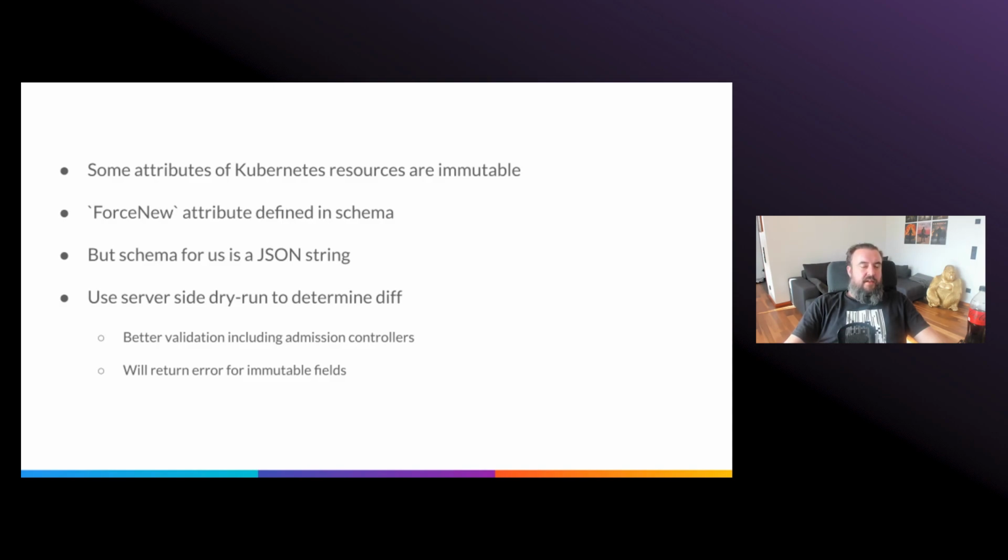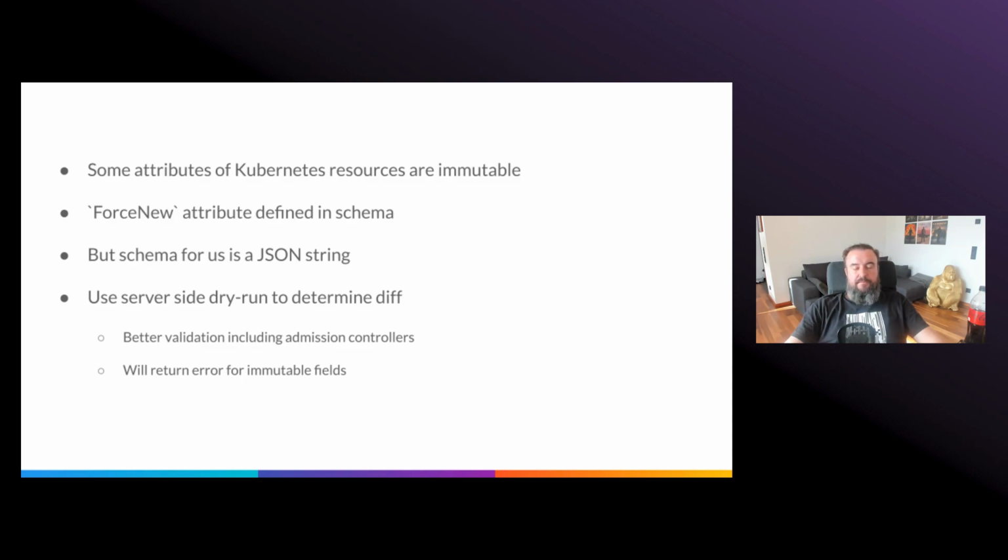So the SDK has a function to determine the diff of a resource, and I call a server-side dry run inside that function and use the response I get to determine if I can update this resource in place, the default, or if I have to force new and have Terraform create a destroy and recreate plan. The benefit of the dry run is that it's much better validation if it's done server-side, because it can include more than just the static schema of a Kubernetes resource. One example would be that it would also run past admission controllers if they are supporting this correctly and if